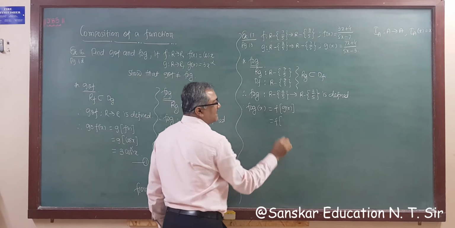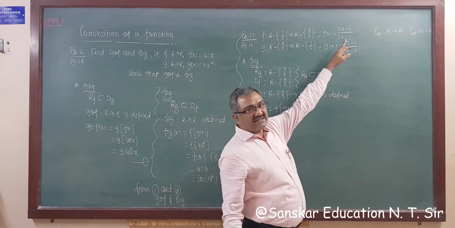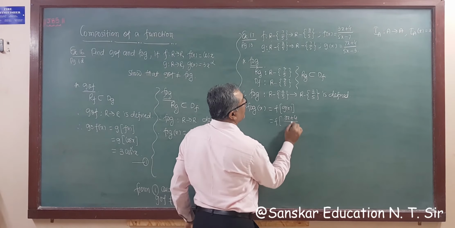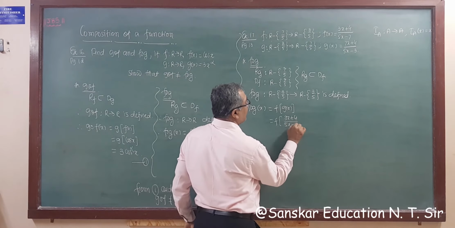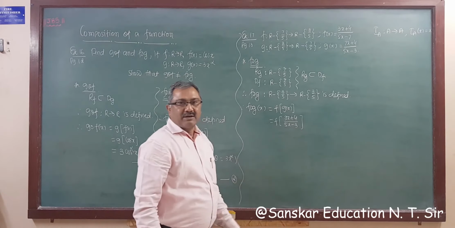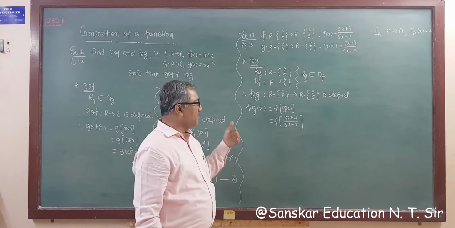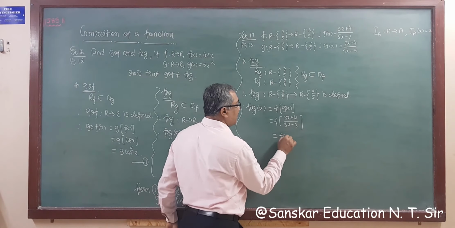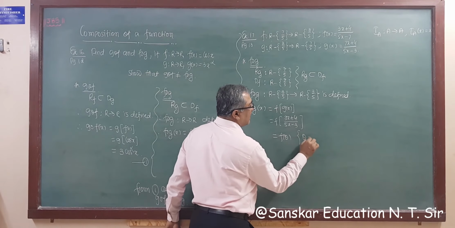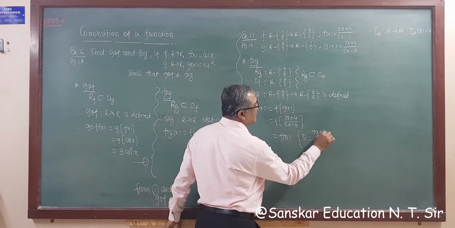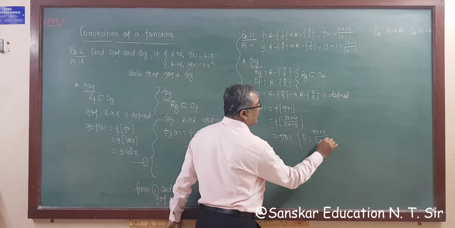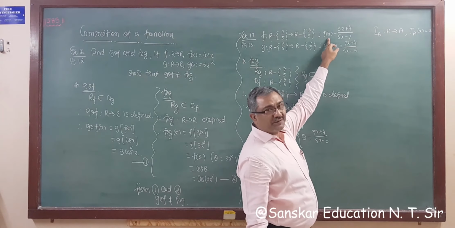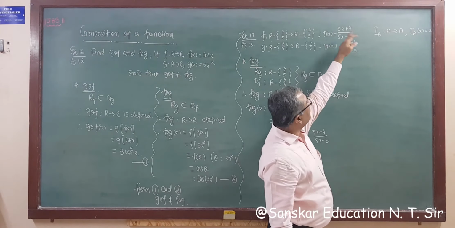Now what is g(x)? g(x) is (7x + 4) upon (5x - 3). I know you are not able to write directly, so I am putting theta. Assuming like this, this is g of theta, where theta is equal to (7x + 4) whole upon (5x - 3). Now f of theta, instead of x you have to write theta, means 3 theta plus 4.